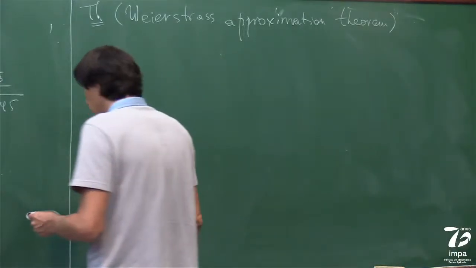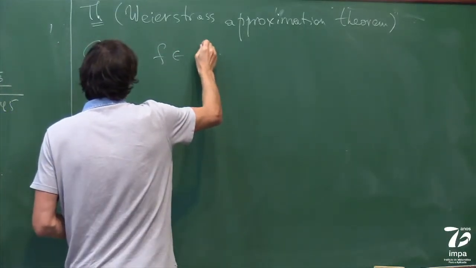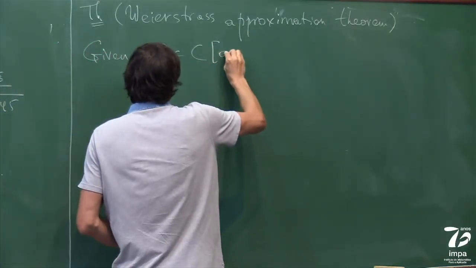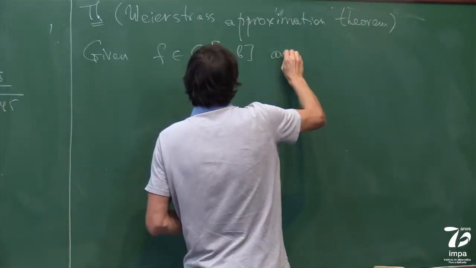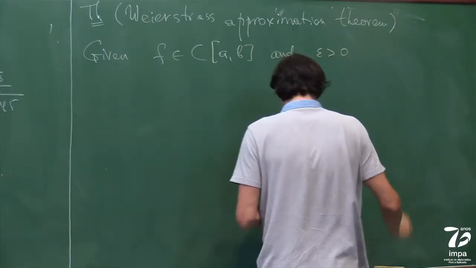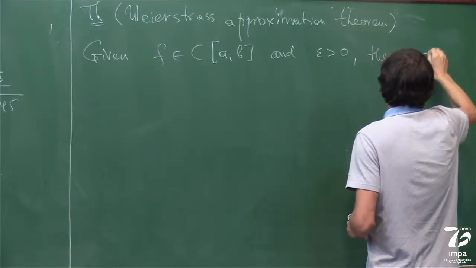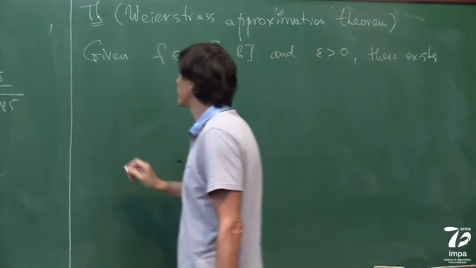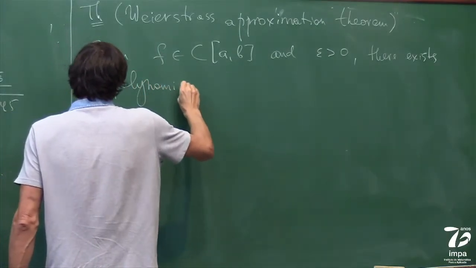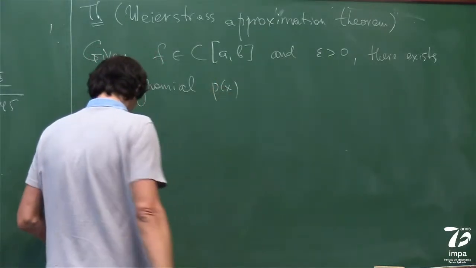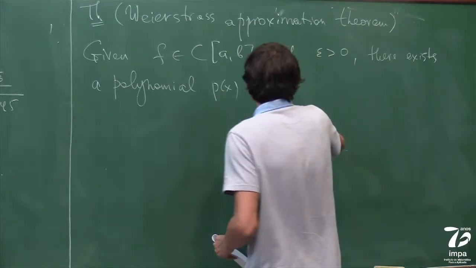It tells that given any function f which is continuous on an interval, and a positive epsilon, there exists a polynomial of some order, which we don't fix, just a polynomial, such that